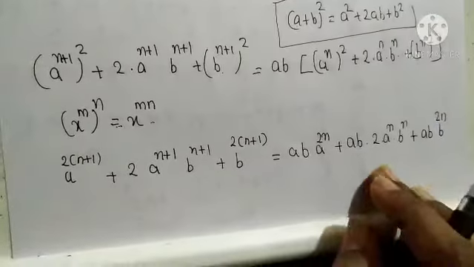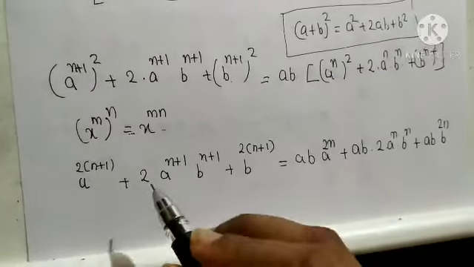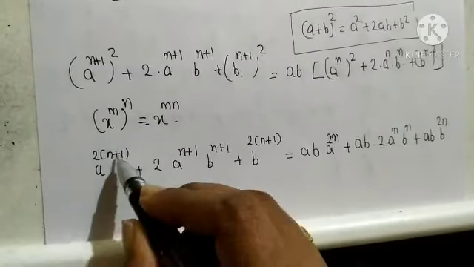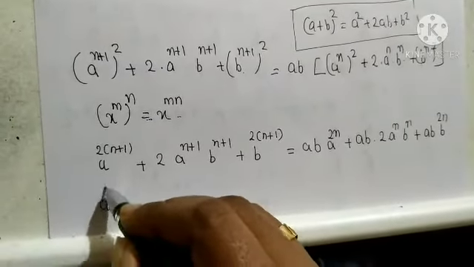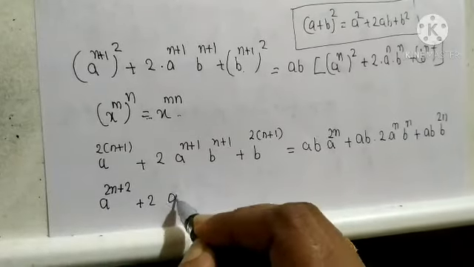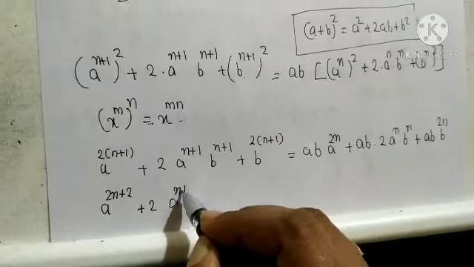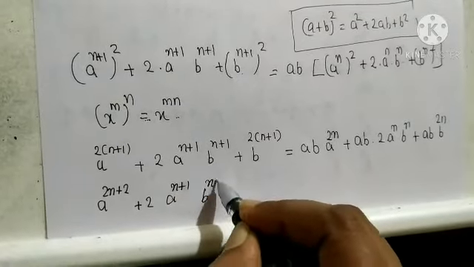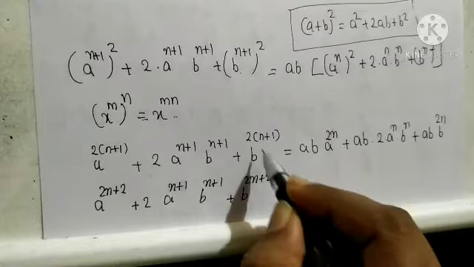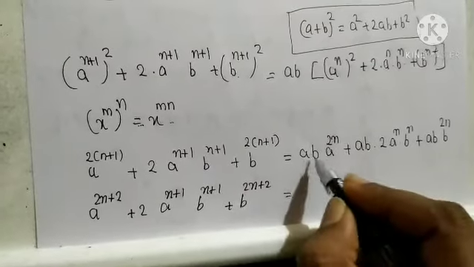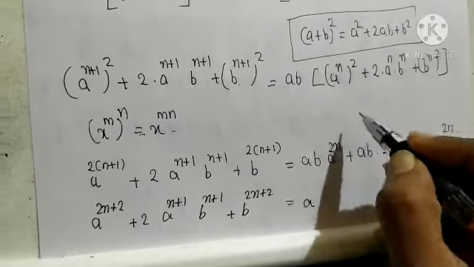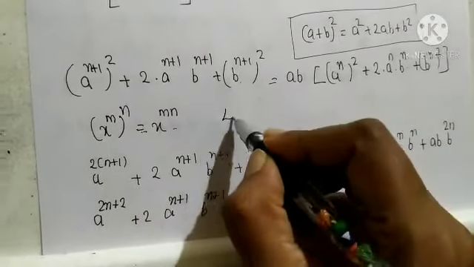Okay, so next I'm going to open this bracket, so it will become a raised to 2n plus 2 plus 2 into a raised to n plus 1 into b raised to n plus 1 plus b raised to 2n plus 2, open this bracket, equal to, here a raised to, here it will become, using again law of exponent,